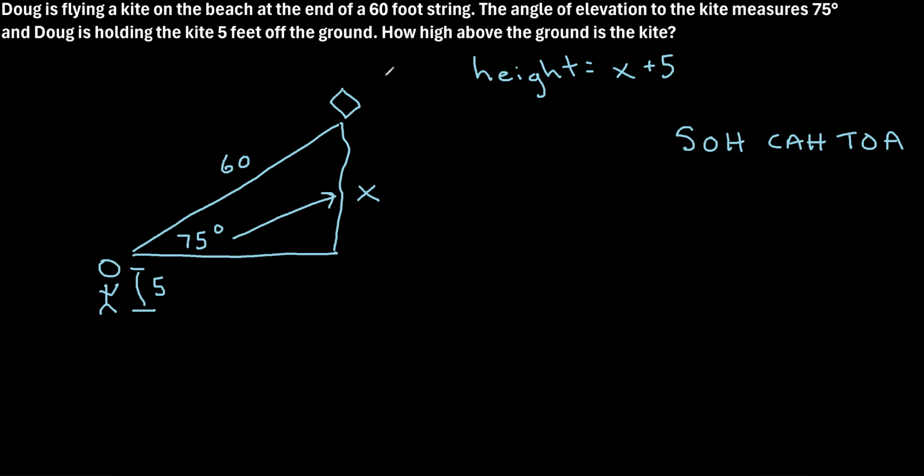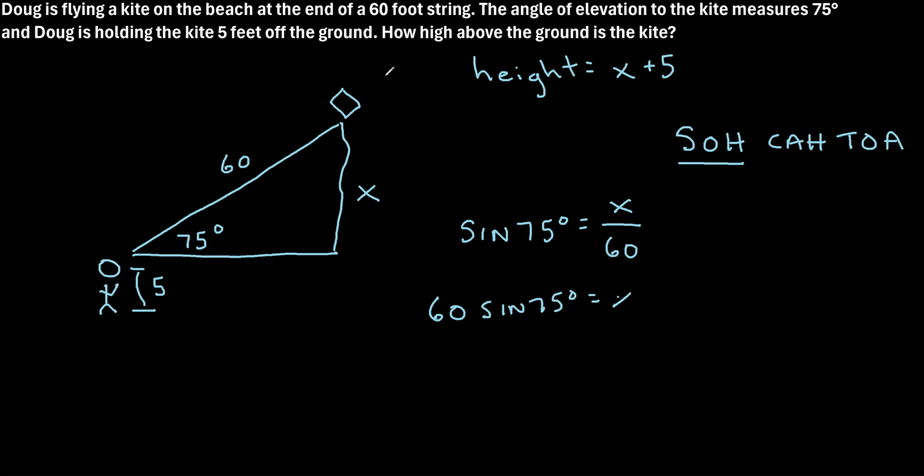So we have O and H. So it looks like we're going to use sine in this case to calculate the opposite over the hypotenuse. So let's do that. Let's say the sine of 75 degrees is equal to the opposite side, which is x, over the hypotenuse, which is 60. So now we just need to solve for x. So if we multiply both sides by 60, we get 60 sine 75 degrees is equal to x. So if we punch in 60 times the sine of 75 degrees into a calculator, we'll find that x is roughly equal to